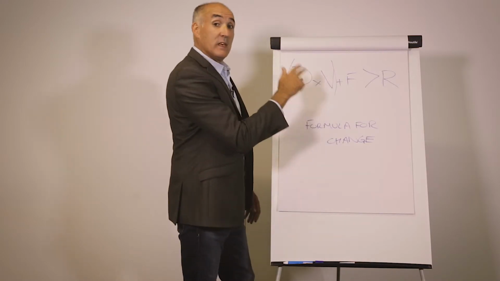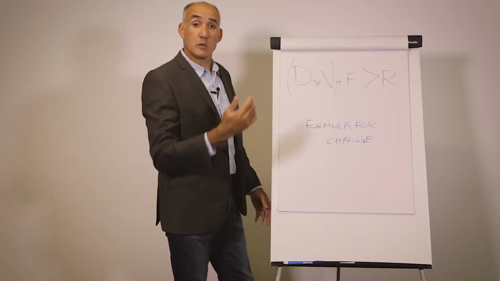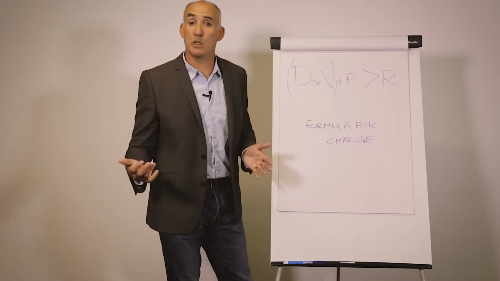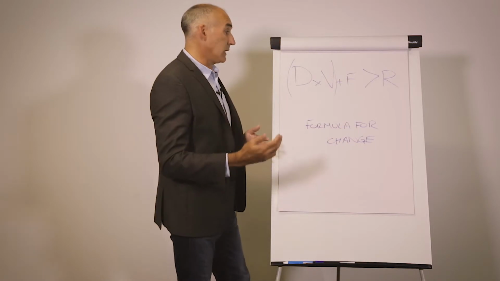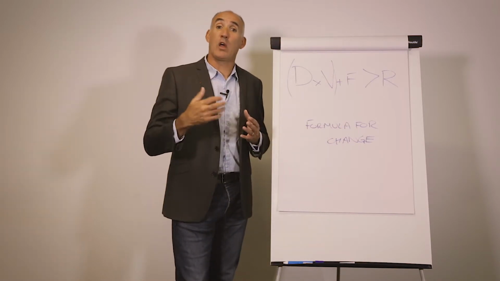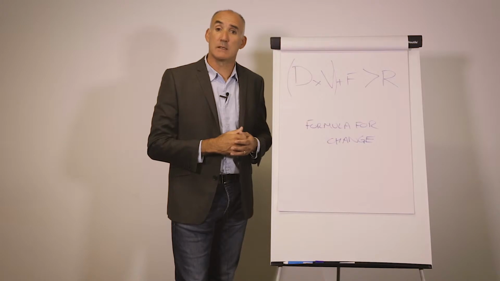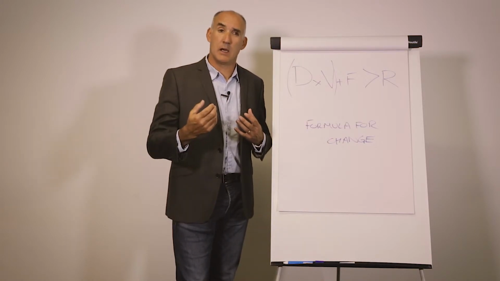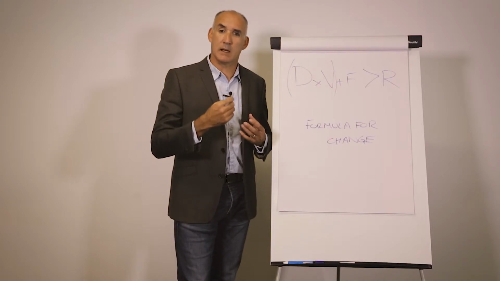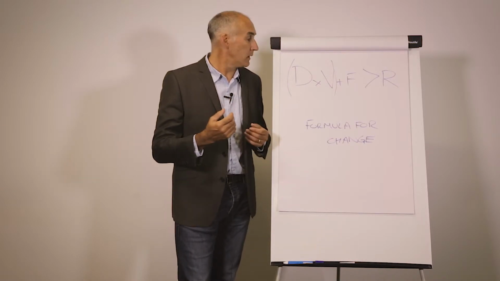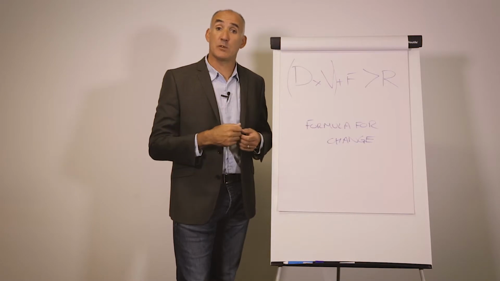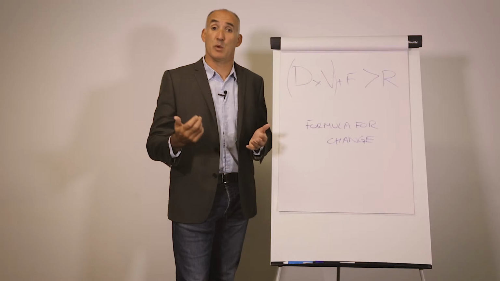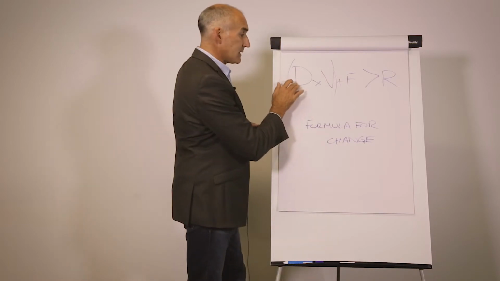Now the next part is V. Now V stands for vision, because without a vision of where you will be once you have made the change, again, why would you move? So you have to be able to build a picture of what life will look like after the change has taken place. So again, that can be your own personal vision of what life will look like, and really starting to understand it and get excited about where you want it to be. Or sometimes it's the vision that somebody paints for you. You know, life could look better. Or sometimes we don't know until an alternative is put in front of us. So that's dissatisfaction and vision.